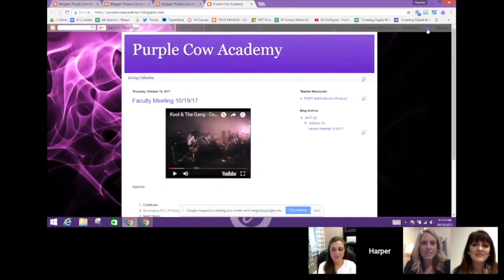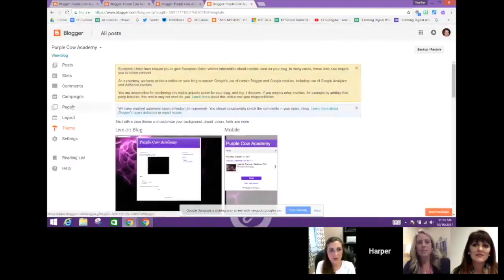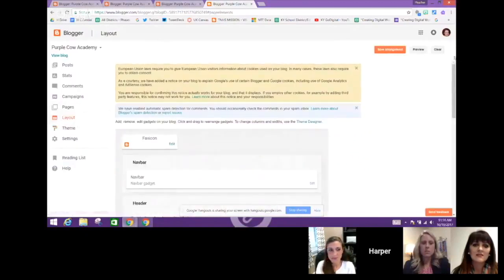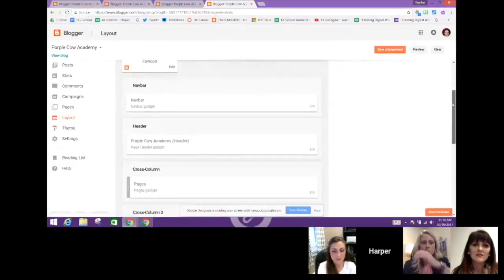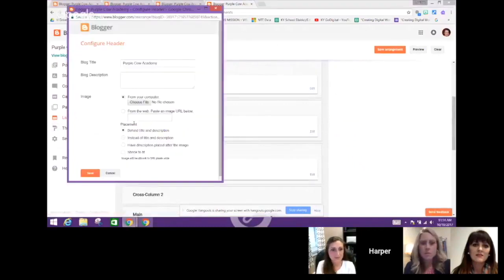The only other thing that people get excited about, if I go back to design, is how do I get my logo at the top? You notice that Wes had an astronaut. In order to do that, you would just go to the header. And if you click edit, you can actually choose an image from your computer, and we would always make our images on a Google Slide and then save them as a JPEG.